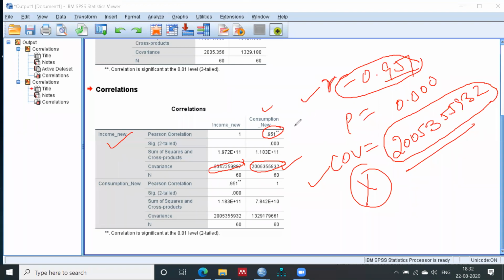That's why it is not affected by any changes. Although if you change the figure completely, like if there is a value 23 and you make it 32, then of course you will get a different correlation, because you changed the value. But if you change the unit, the correlation will not be affected.